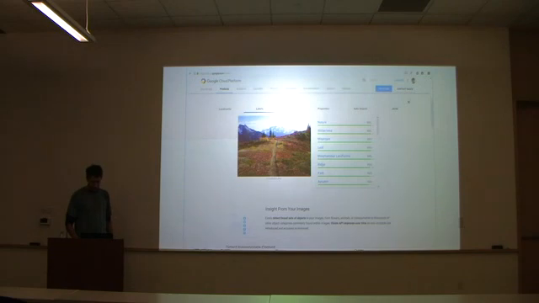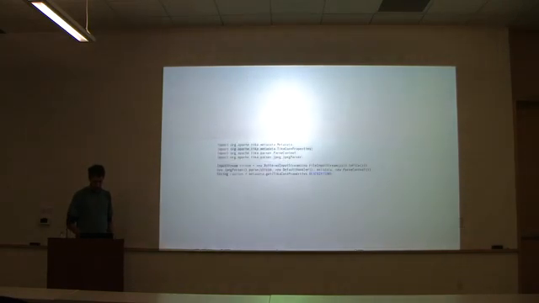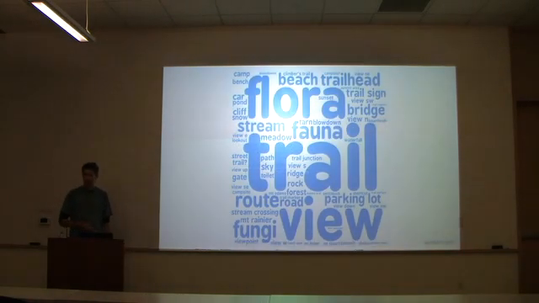So I decided to have a closer look at my pictures. The first step was actually getting some statistics on what labels I am using and how frequent they are, to see whether they're frequent enough to make some kind of machine learning approach feasible. This turned out to be much simpler than I thought. There's an open source library, Apache Tika, that basically lets you extract metadata from all kinds of files, including images, with just a few lines of code. So I ran that and used it to build a word cloud from the data.